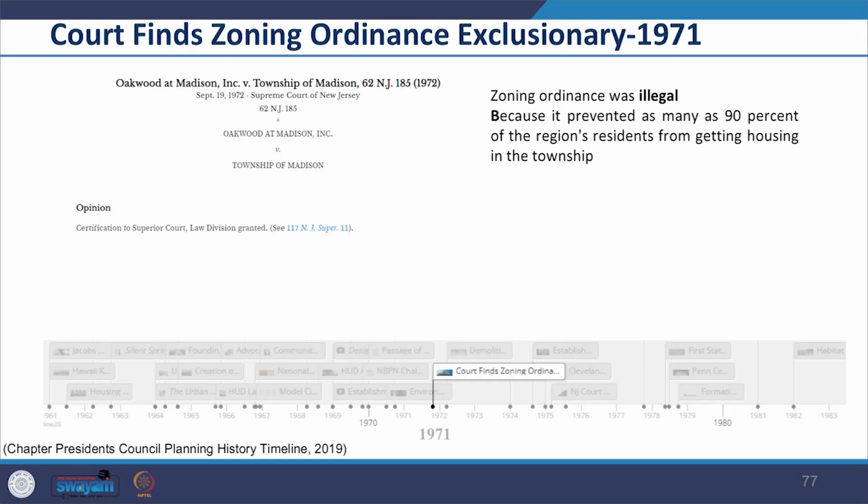So, as discussed before, how your planning interventions can have a negative impact on people, and when it would be really bad for the community, is an important judgment to be made. For that, we look at all legislation and the legality of the planning process. So, with this example you see how the entire zoning ordinance was considered invalid and exclusionary.